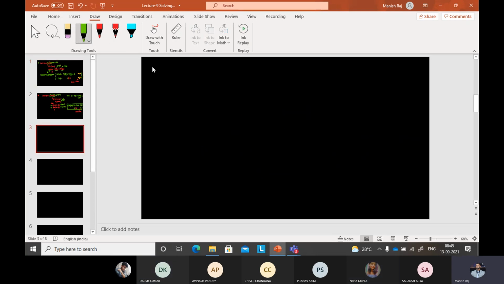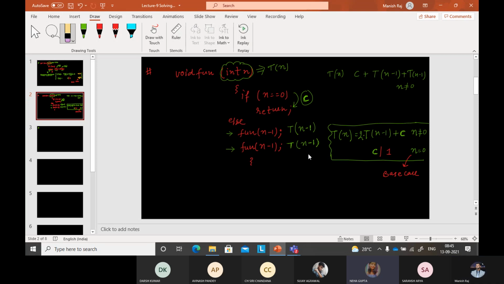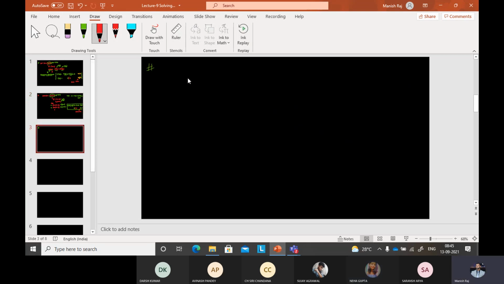Okay, I am giving one more question, and just think about that after the previous slide. Okay, done. So I am taking one more question. Int function I am taking. Again I am taking one input n, and I am saying, if n is greater than 0, then the situation will be like this: